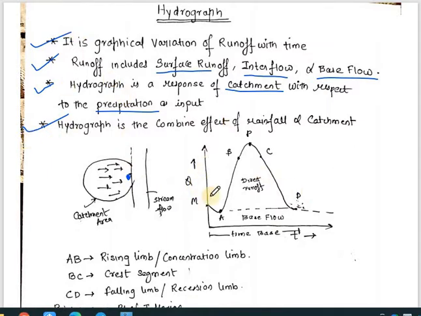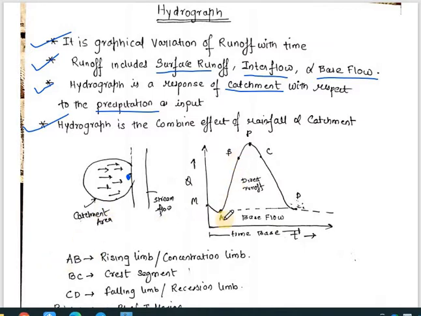Now in this diagram you can see that on the y-axis we are representing discharge, and on the x-axis we are representing time. Initially the runoff will be less, because as the rainfall happens, some water is absorbed by the soil. So initially the runoff value will be very less at this gauging point, and the graph will be low. Ultimately, after the evaporation and transpiration requirement is over, the runoff will start. It gets more and more value and ultimately rises at this point.